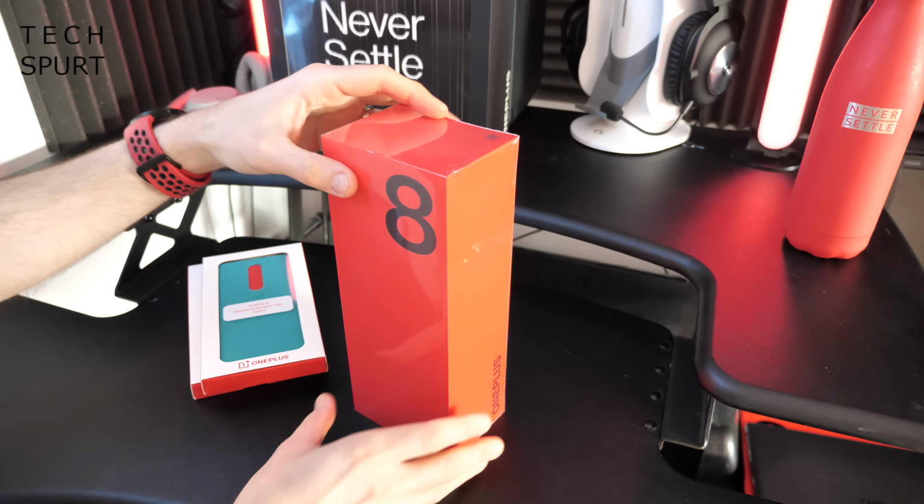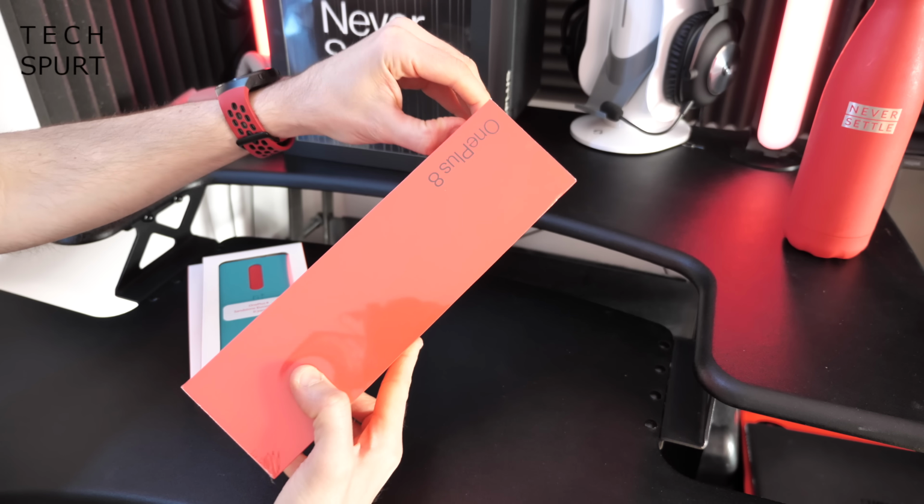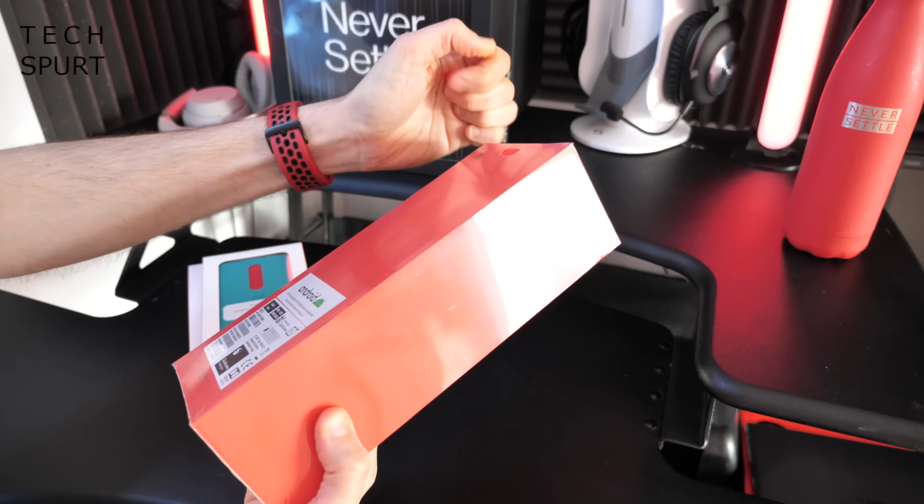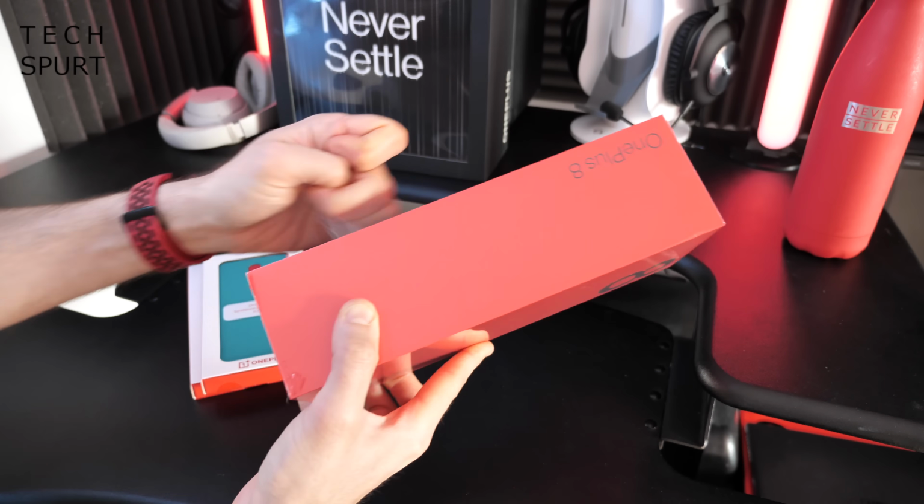But anyway, that's enough for me banging on. Let's get this bad boy ripped out of the box, get it fully set up, take a tour of the hardware and the software so you know exactly what to expect if you decide to grab yourself a OnePlus 8